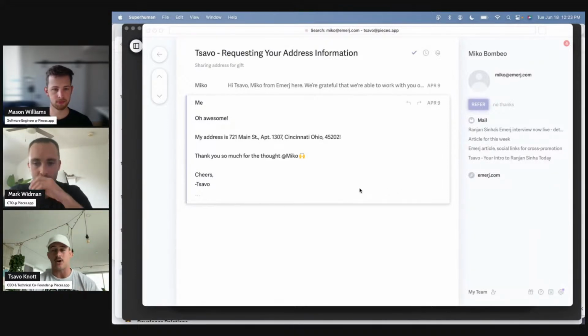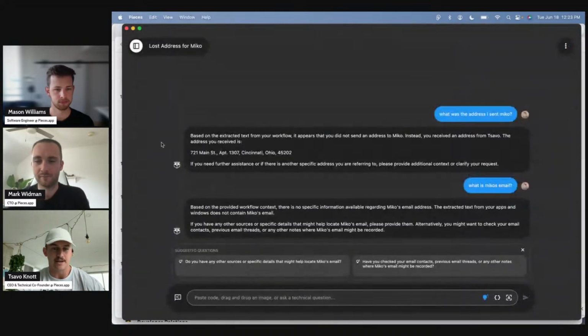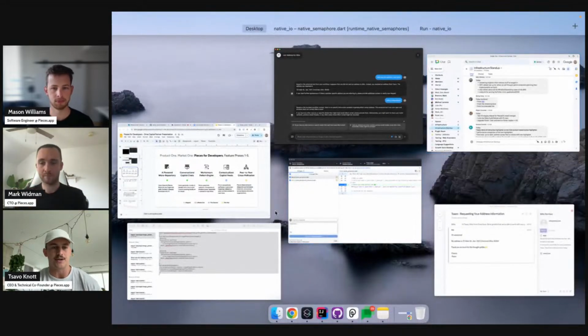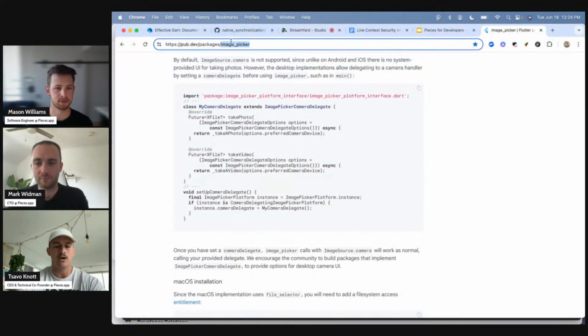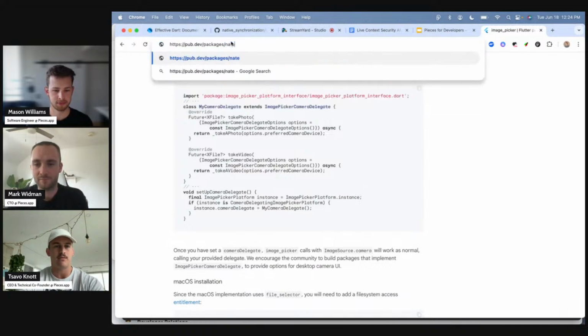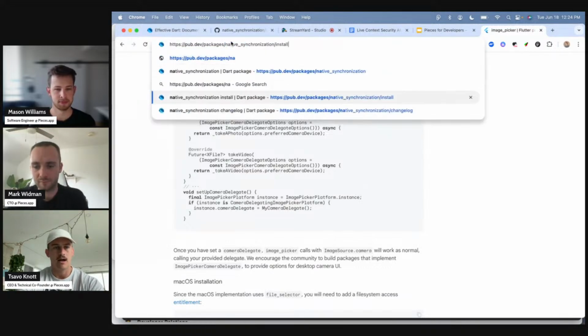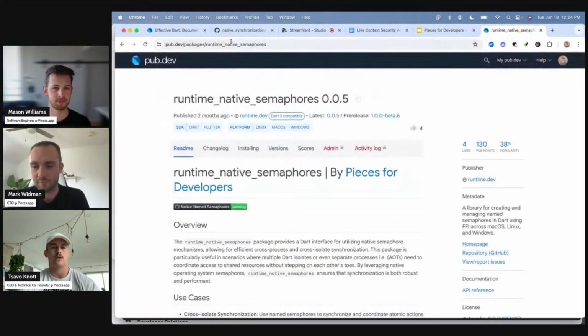And I'll show you, we're going to get into what's actually going on behind the scenes. I'll show you how the foreground application is being processed, segmented, and so on. We'll take a look at that here shortly. But either way, I'll do another example where I'm going to kick out to the browser. And maybe I'm looking at some documentation, and I'll pull up a package that I've been working on called native semaphores. There we go.